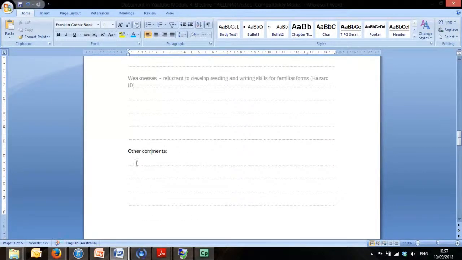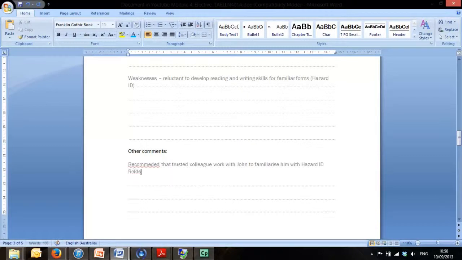So other comments, so that might be a recommendation that a trusted colleague work with John to familiarise him with hazard ID fields. Aim is to reach a level 3 reading level